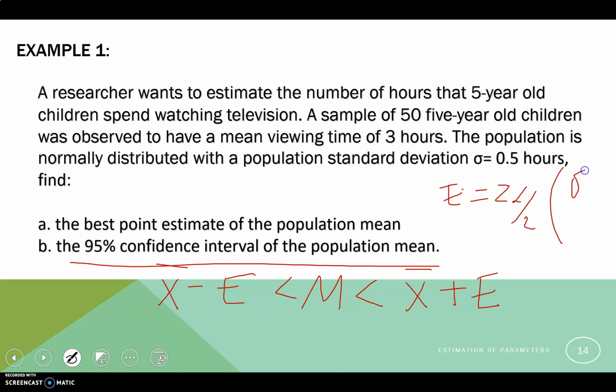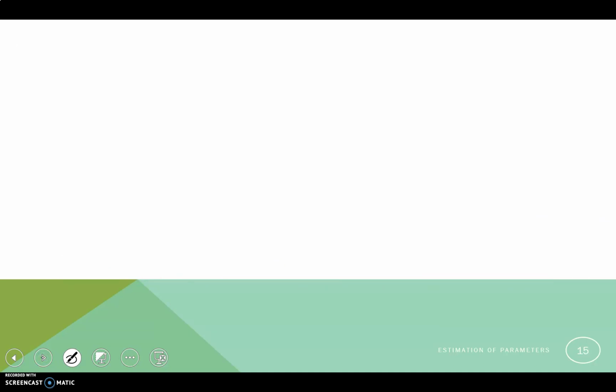times the population standard deviation over the square root of n. So ang atong z alpha over 2, since we know nga 95% confidence interval man siya, this will be 1.96. Our sigma is 0.5 hours and ang atong n is 50. So let us solve. So E is equal to 1.96